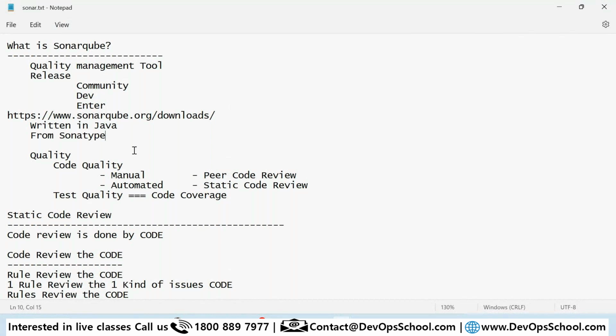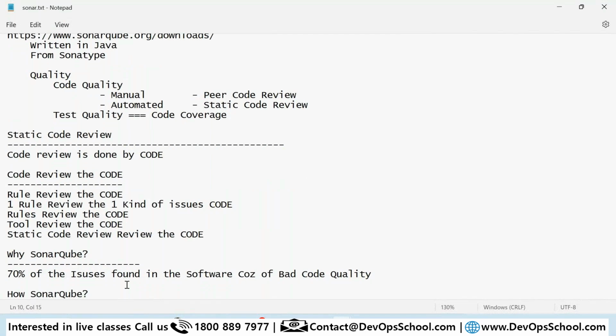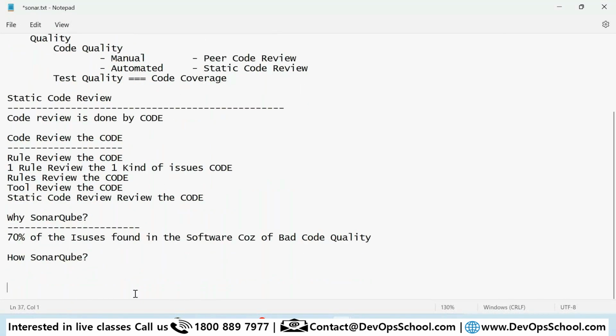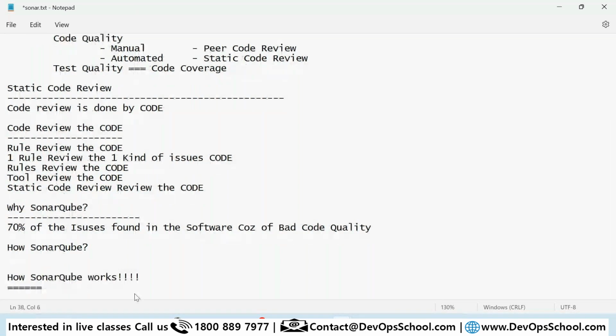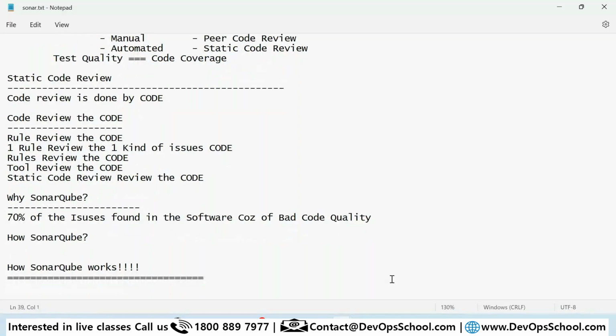Did you understand, guys, what is SonarQube and why we need it? Yeah. Okay, now the next question is how SonarQube works. That is what we need to understand. Let me show you through the image